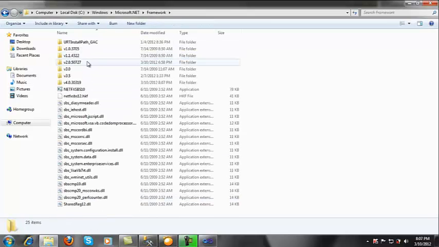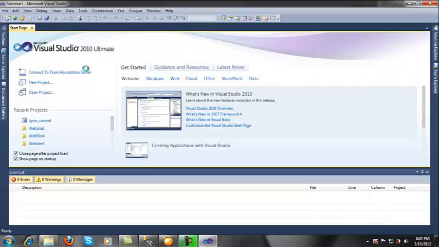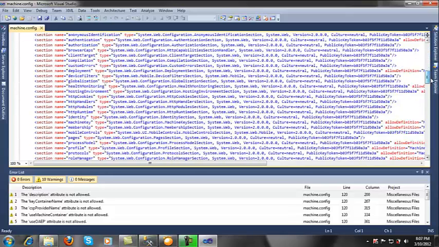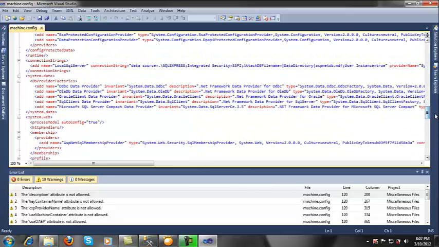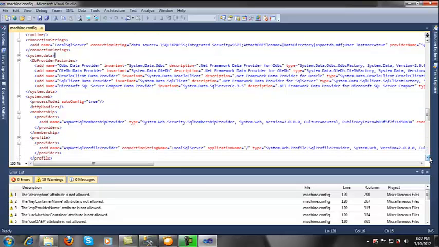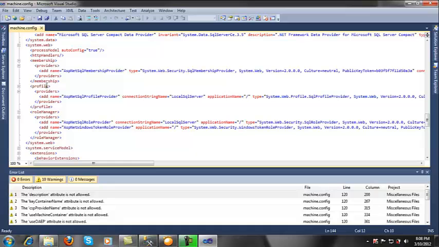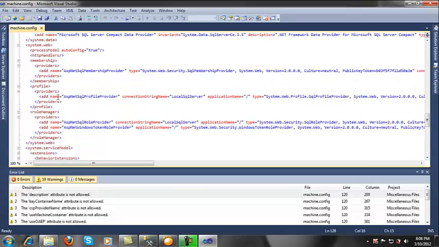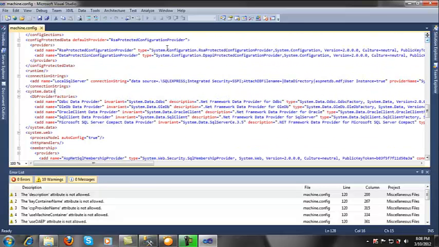Microsoft.NET Framework config. Notice here a connection string we inherit called LocalSqlServer. Also here the membership, profile, and role manager providers use a connection string which is defined here. So if you want to use all of these providers in our application, we can just grab this connection string,